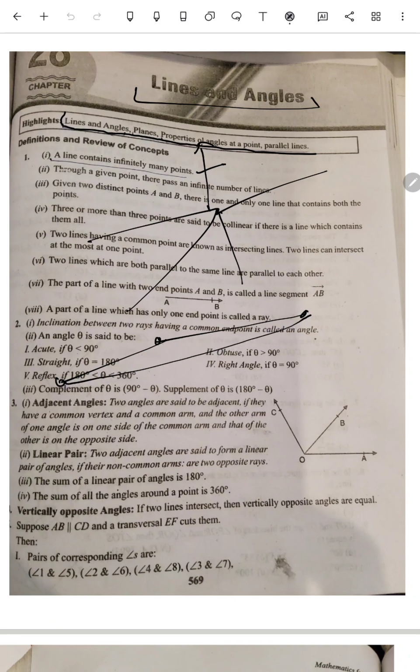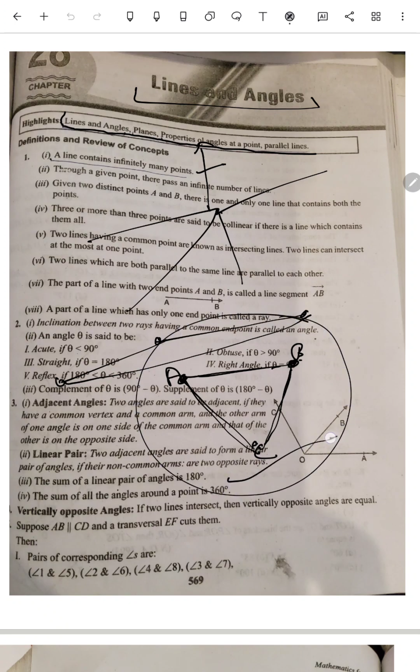Understood? And as in this figure, there are these two points and these two points. We join them, so what do we get? If we join A and B, these 2 points make a line, B and C make a line, and A and C make a line, and if we collectively study this figure, this is called a triangle. That's how the evolution of geometry happened.